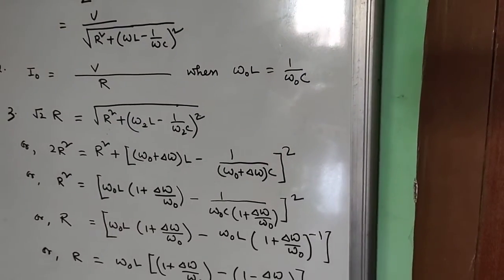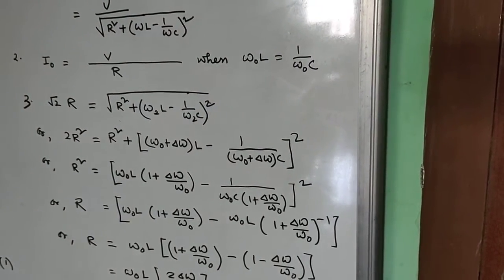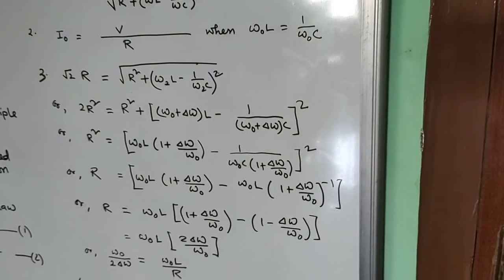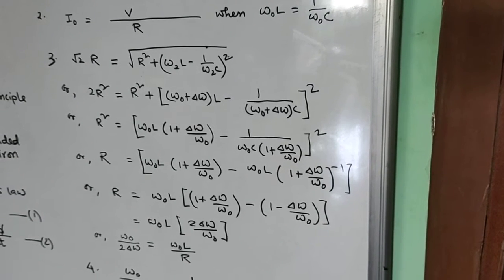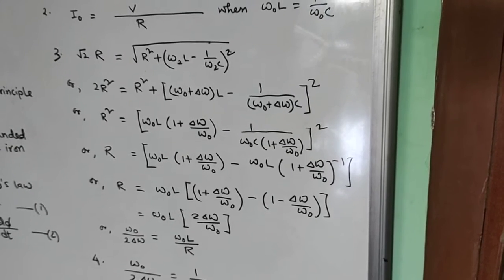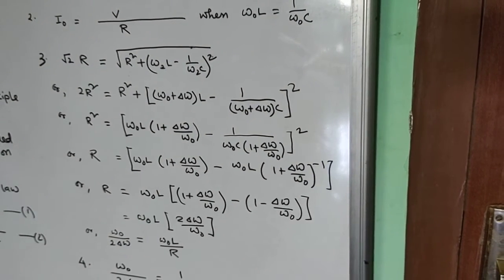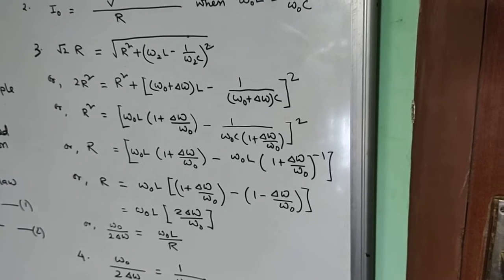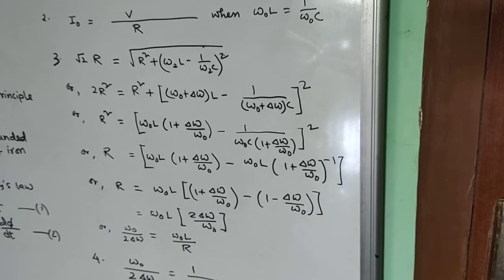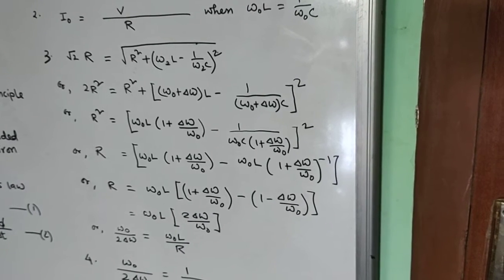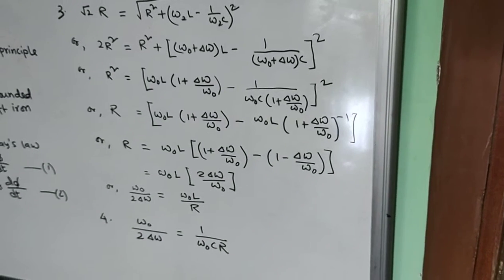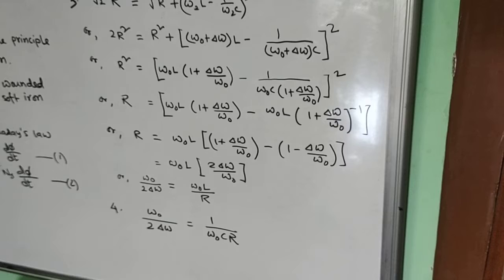So in place of 1/(ω0C) we have written ω0L, and we have (1 + Δω/ω0) to the power minus 1. Now we have taken the common ω0L from both terms. So the first term is 1 + Δω/ω0 minus, if you apply binomial expansion, because Δω/ω0 is very small, you can write 1 − Δω/ω0. So ω0L, if you expand, 1 minus 1 goes off, it becomes 2Δω/ω0. So ω0 by 2Δω,